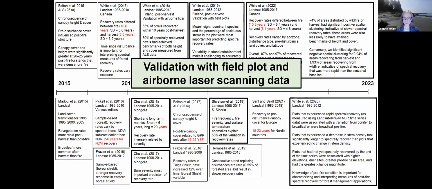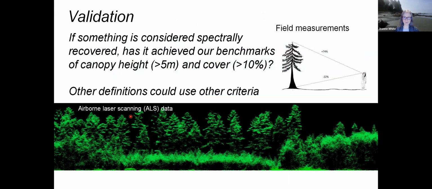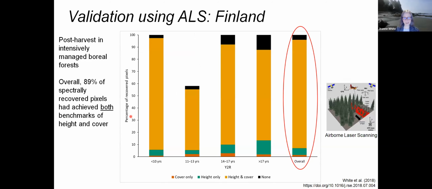Some studies have also investigated these spectral metrics with other types of data as a form of validation, if you will. So in our context, we ask the question, if we consider something to be spectrally recovered, has it achieved our benchmarks of canopy height and cover? And other definitions could obviously use other criteria. So it's really trying to figure out, if we say something is spectrally recovered, what's happening on the ground? Are there actually trees returning to these locations? The first study we did was in the boreal forests of southern Finland. These are looking only at post-harvest in intensively managed boreal forests. And overall, we found that 89% of pixels that we had considered as spectrally recovered had achieved benchmarks of both height